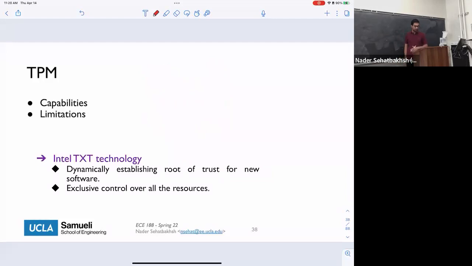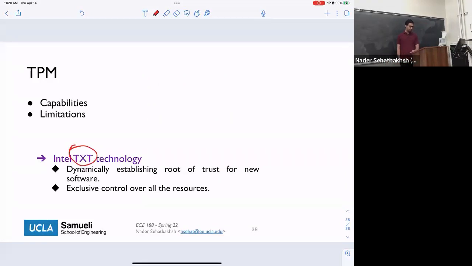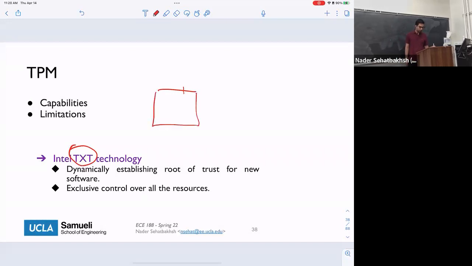So what we can do is that the first thing that Intel specifically, because Intel was kind of the creator of this, was thinking about is this technology called TXT. The TXT technology was the first attempt to create keys, and the idea was that once we boot the system and then we want to run something, what we can do is basically just delete everything from our system and then boot the system into some known good state and just give the control